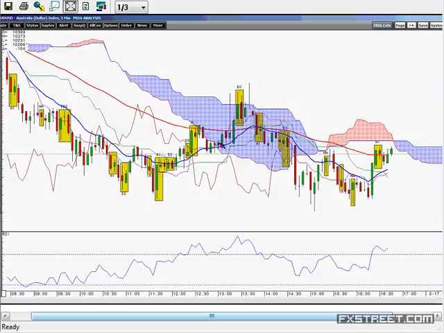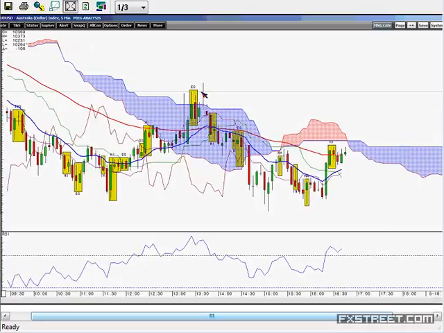So here we've got a 3-wave pattern, which is corrective. Five waves is impulsive, 3 waves is corrective. So we get a 3-wave pattern up. We get an engulfing candle, which would have actually been a great signal to get short. Normally, if I was trying to scout this, I would have a very tight stop. So I'd look to enter around this level with a stop at the previous high. So the stop would have been at 102.98 or just above it, and I would have been spiked out on